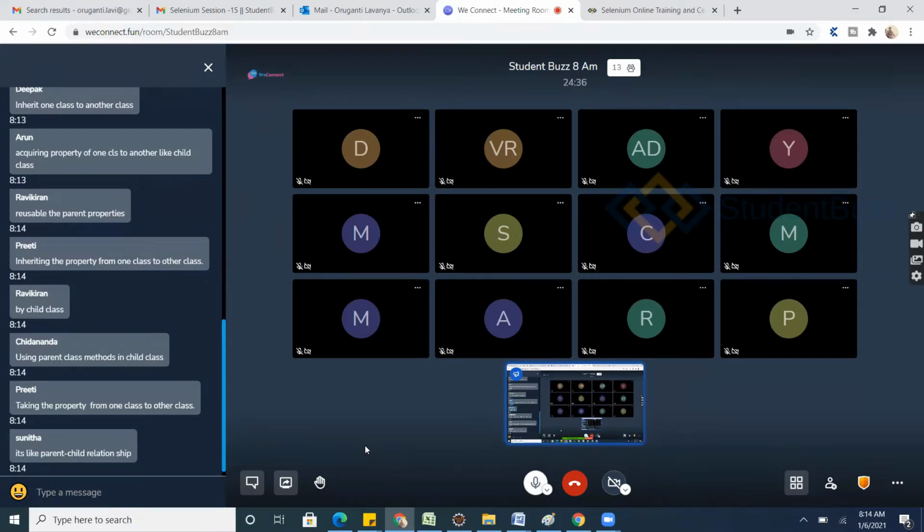Here, creating an object means creating an instance, and with the instance we were accessing the data members and methods, right? And now what I'll do is create relationships from one class to another class.